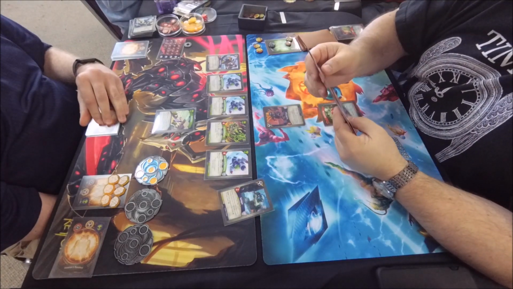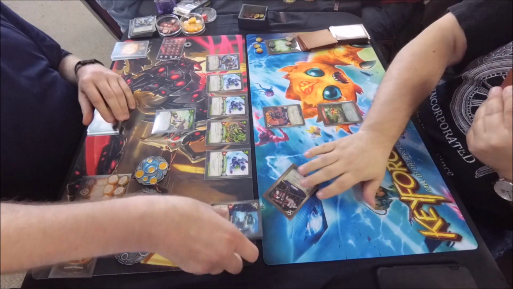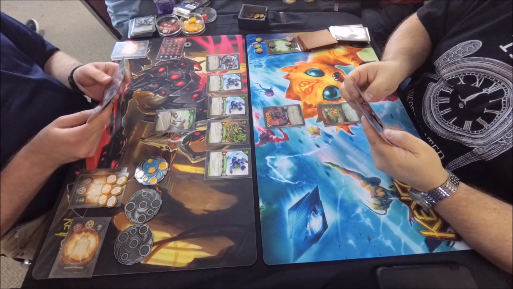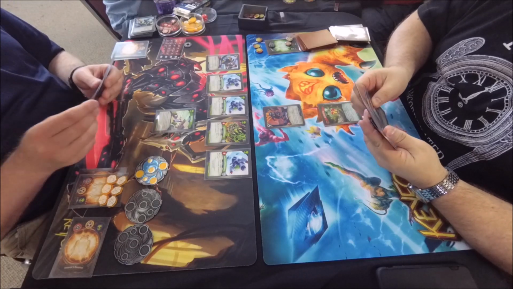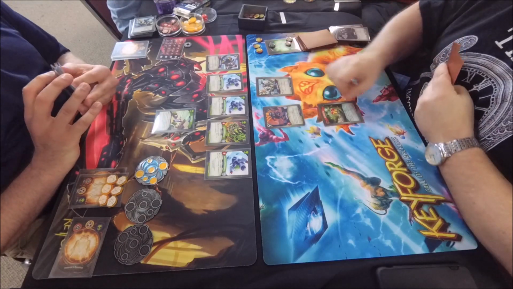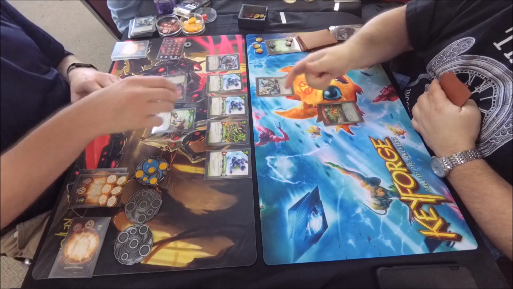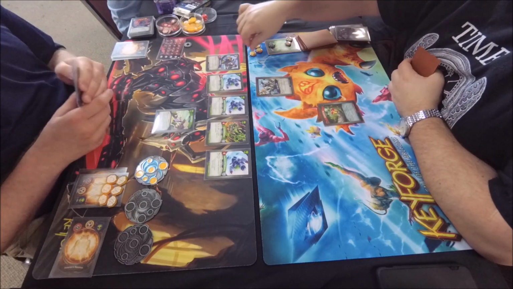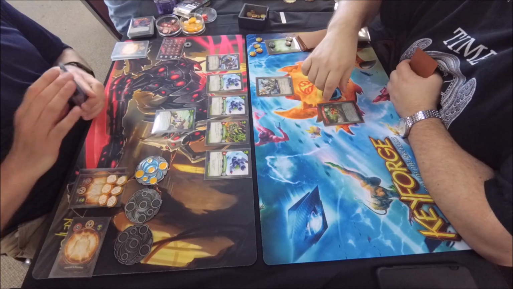Doesn't mean much, but I am going to purge him anyway. So he has an Oubliette, and he's going to purge Gamgee. I'm going to... And there's a Life for Life. Gets rid of Scally Caper. Throws him away in disgust. And deals 6 damage to...